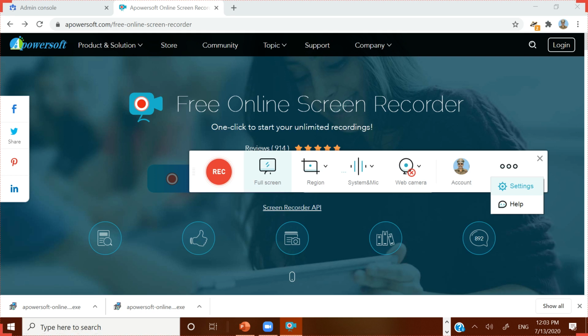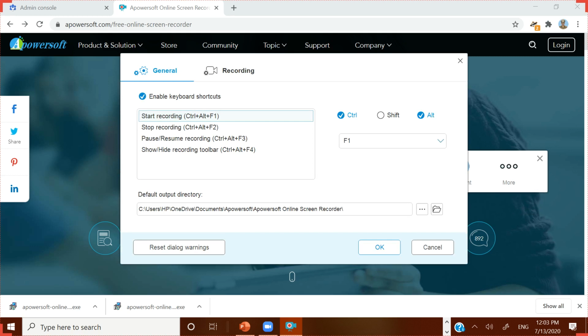Before you start, you have to remember these settings, because this particular software runs in the background. If you have some shortcuts, it's very easy for you. No need to go to this dialog box again and again. In the general settings, you note down the start recording shortcut, stop recording shortcut, pause and resume recording shortcut, and show and hide recording toolbar.